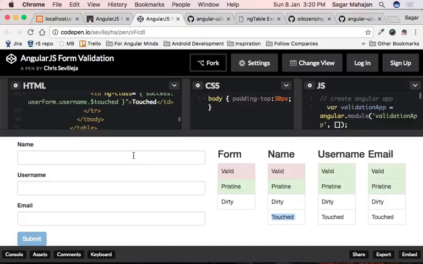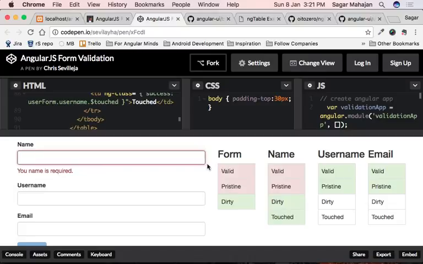Now I'm going to touch this name field, and I just leave that field. The name became touched. Now I'll put something. What happened? Name became valid and dirty. That means I changed it. Let me remove that, and now it became invalid because it is required, right? So what we can do, if the input is touched,